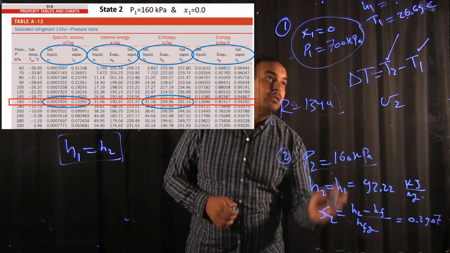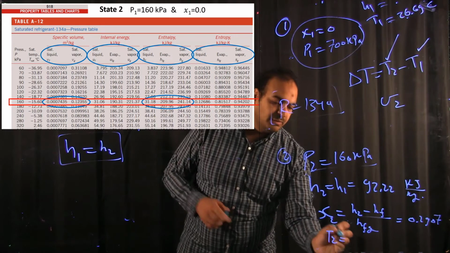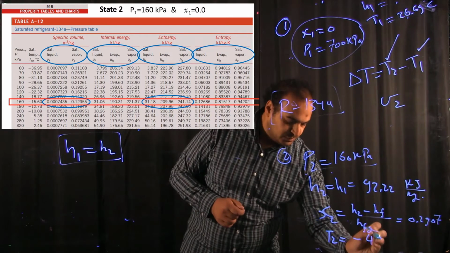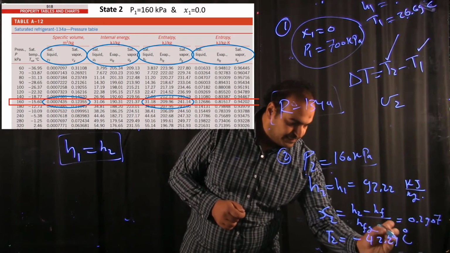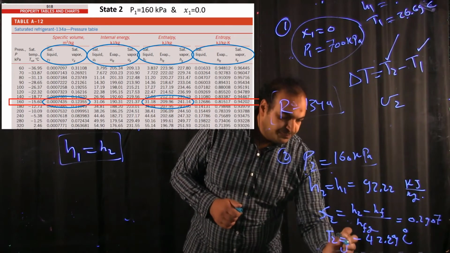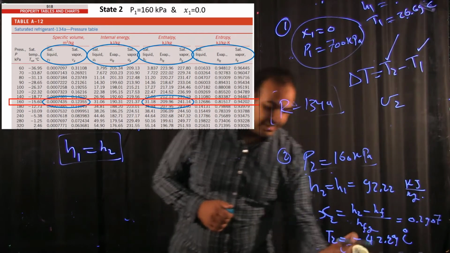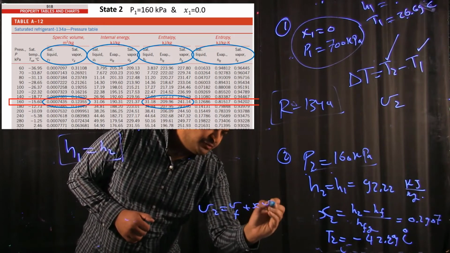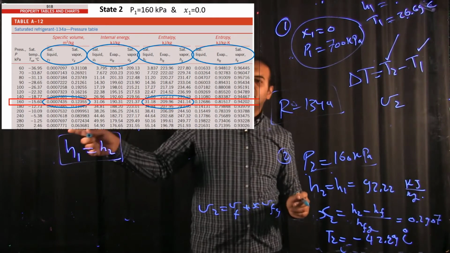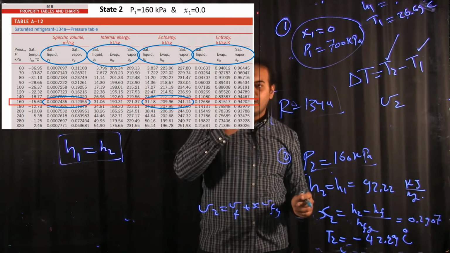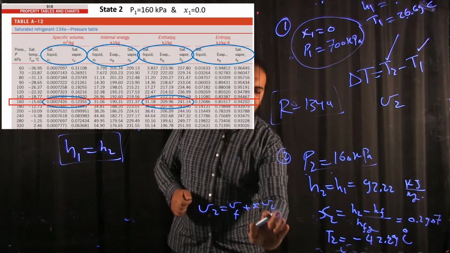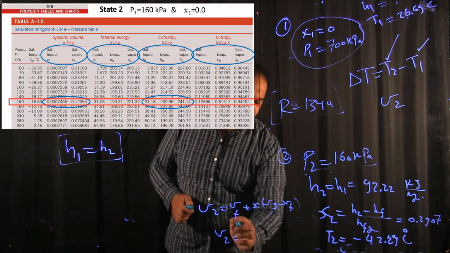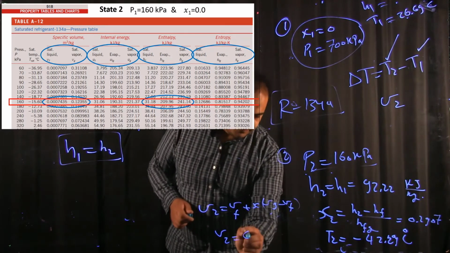We can get, for example, T2, which is the same temperature, the 160 kPa saturated temperature, which is minus 42.29 Celsius. We can get v2, again the same as before, vf plus x vfg. So we take these v's, the volumes, vf and vg. So vf plus x times (vg minus vf). So we can get v2, which is 0.03